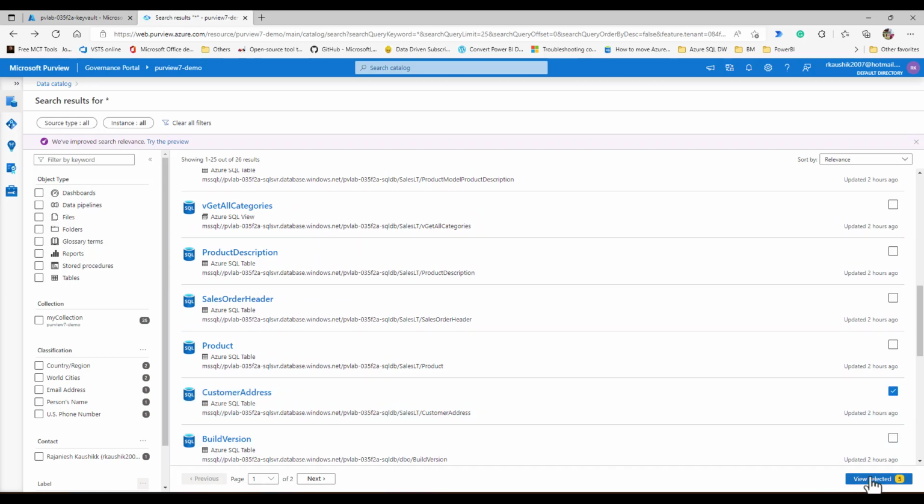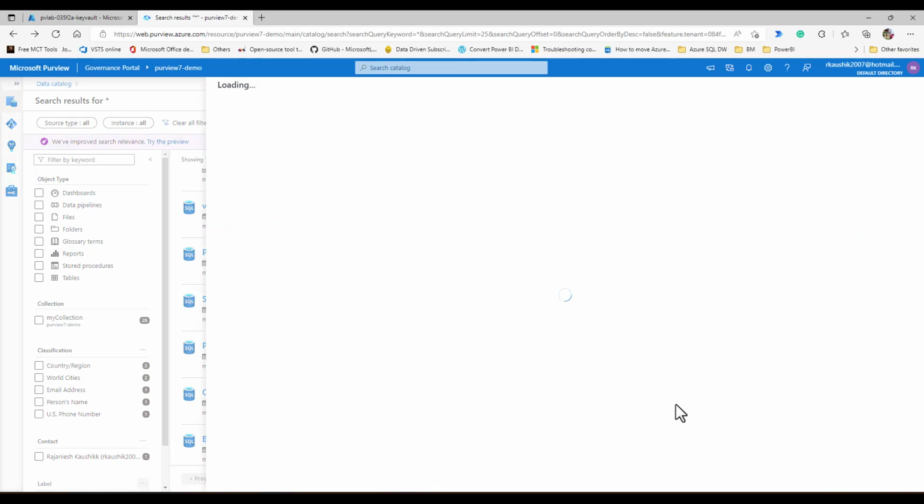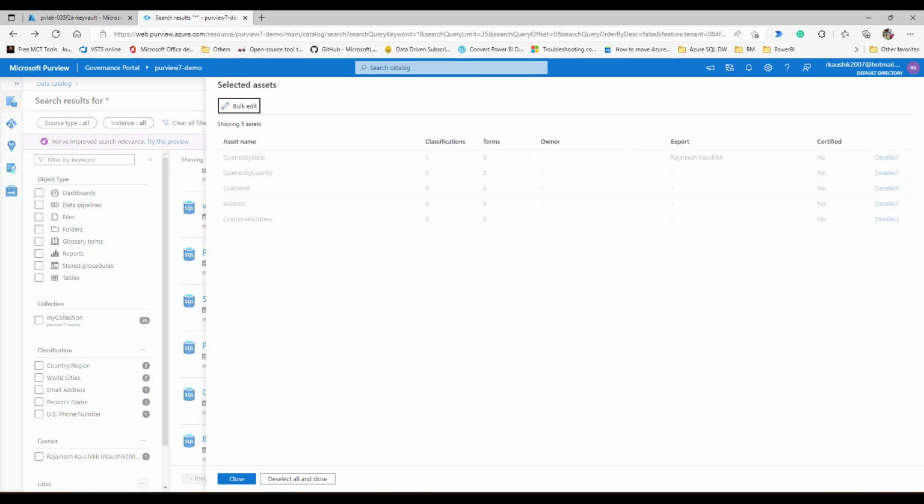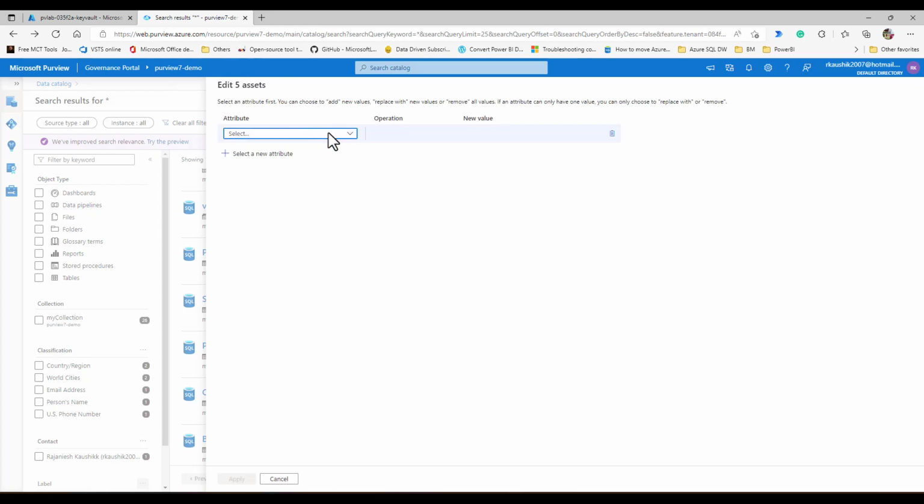And then I can say view these selected assets. And then here I can see there is an option for bulk edit, so that I can bulk edit all these selected assets, and I can put all these attributes. So in this example, I can put the attribute of owner,